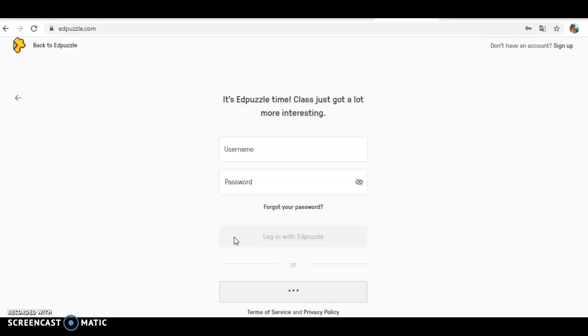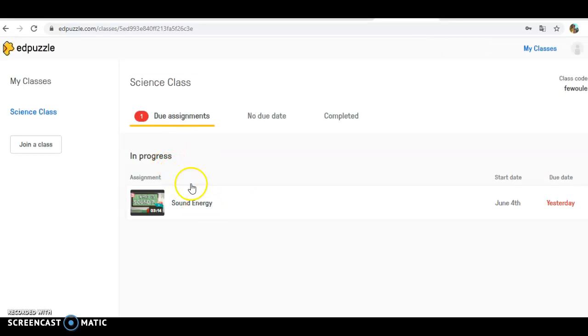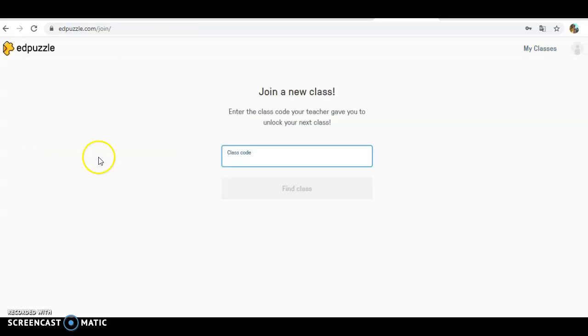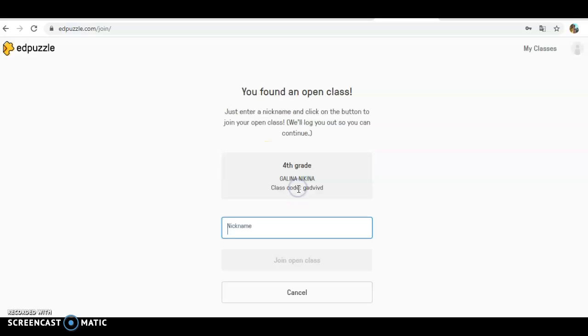website. You choose an account and it'll take you to the last class that you were supposed to take. This class was science class and the due date was yesterday, so you won't be able to take it. But if you click on join a class and you paste the code that I left for you in algebraics, you will be able to find the new